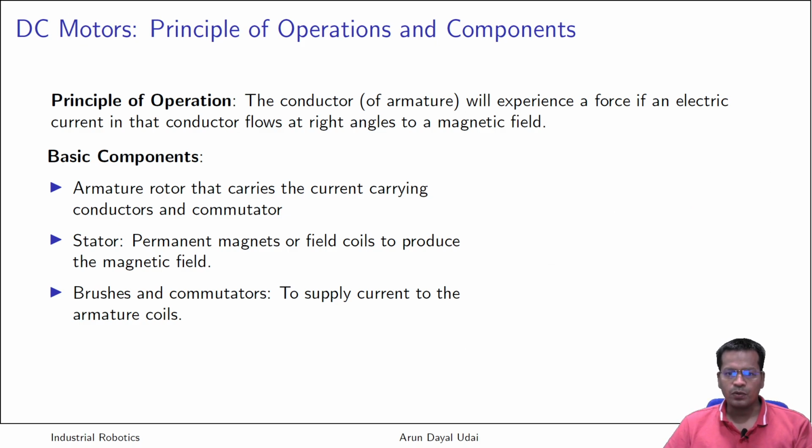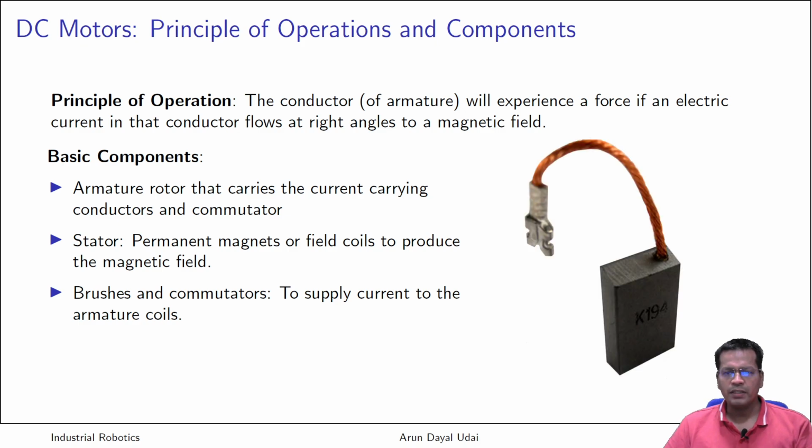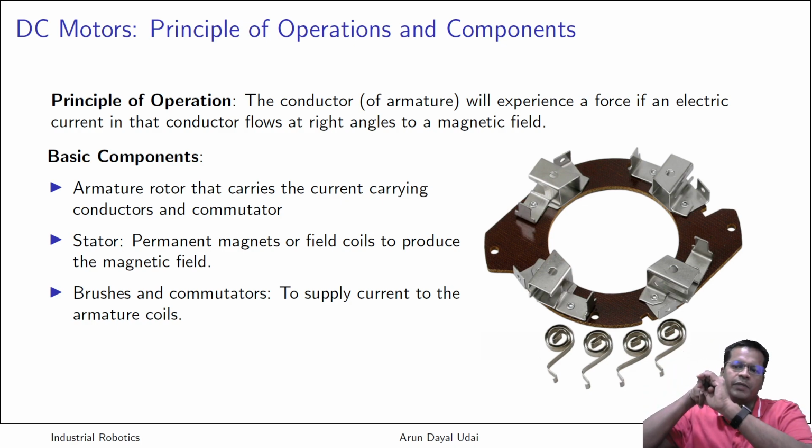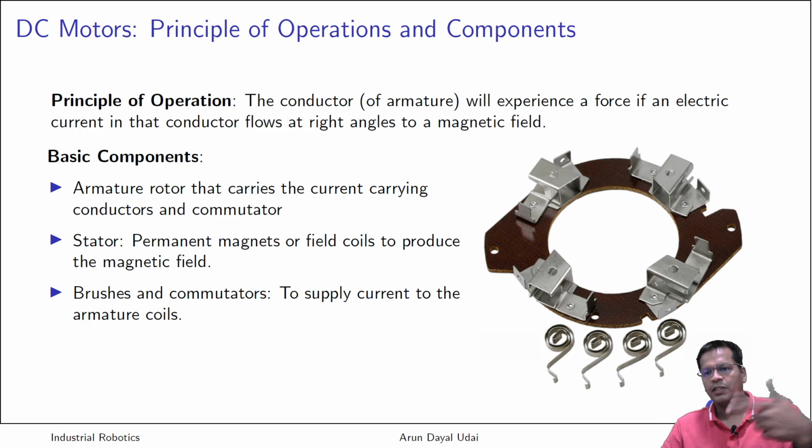And how does the brush look? Brushes look like this. This is a carbon brush. Because it is continuously in friction, they wear out with time. So from time to time you have to replace them. That is why they are made like this. It can be arranged something like this, perpendicular to the rotating shaft. These are some fixtures showing how it is arranged, and these are some springs which push it from the top, so that it constantly maintains contact against the rotating commutator.